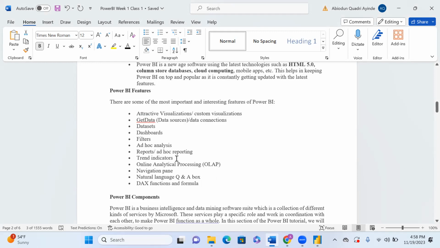You can build a KPI by writing the measures. A KPI can be like a trend KPI. It all depends on whatever you decide to use. And we also have the online analytical processing, OLAP. I don't know exactly what this means, but I want to assume this online analytical processing has to do with